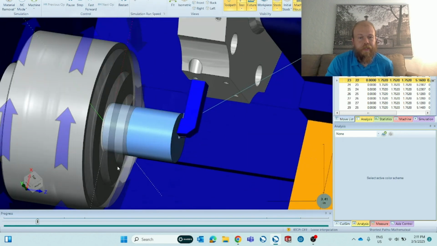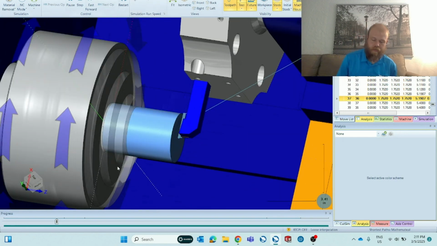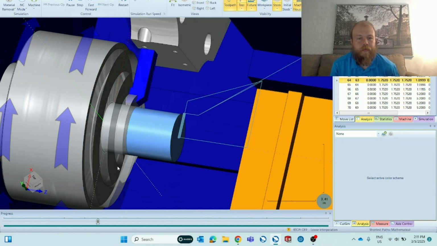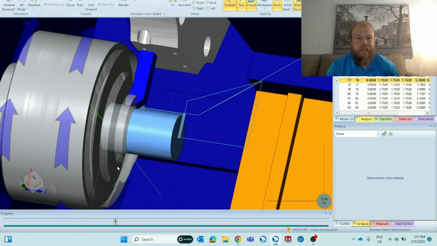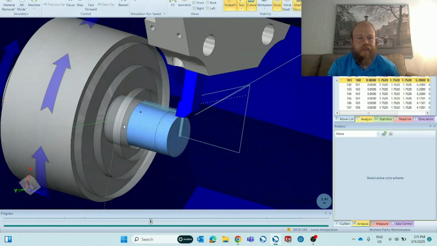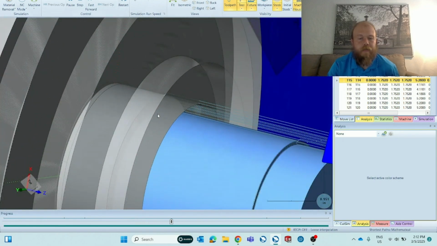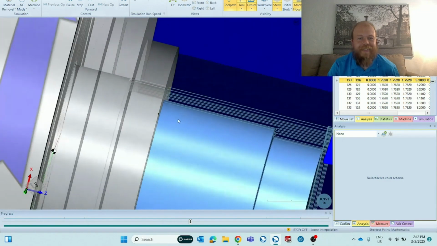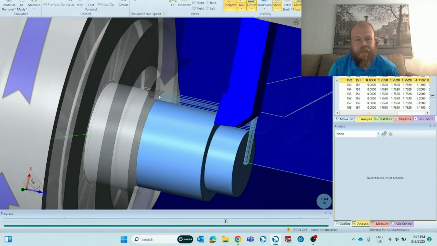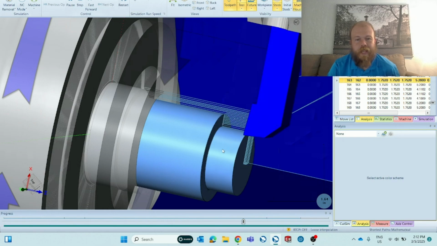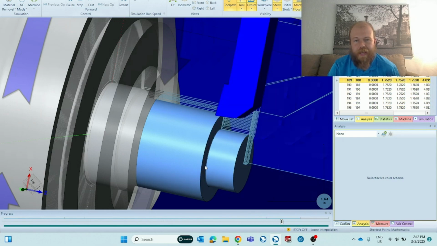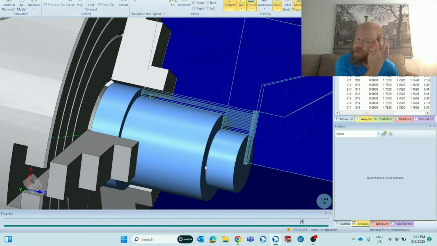So here is the facing operation. Roughing and then finishing. Here is the turning of the OD. So it looks like, based on the stock, I haven't moved it out far enough yet, but great simulation to see all of that being done. Next will be the drilling, and that's it. I don't know what's going on with the hex. But whenever you get that error,